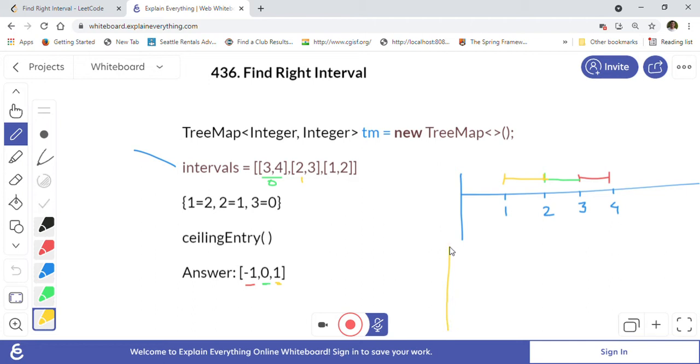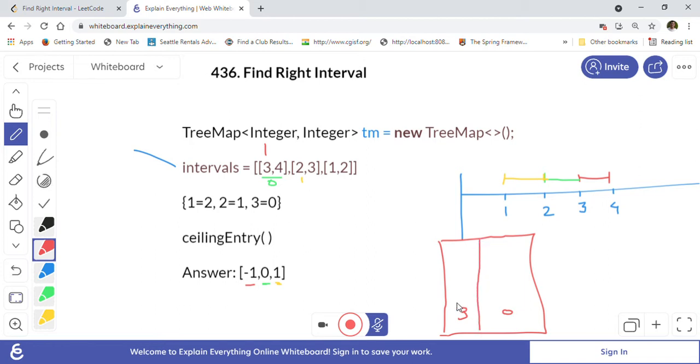For example, let's take this other color. Suppose we have a tree map like this. First we have a start 3, so we will put 3 as the key here, and its position in the given array is 0, so we will put the position as 0.